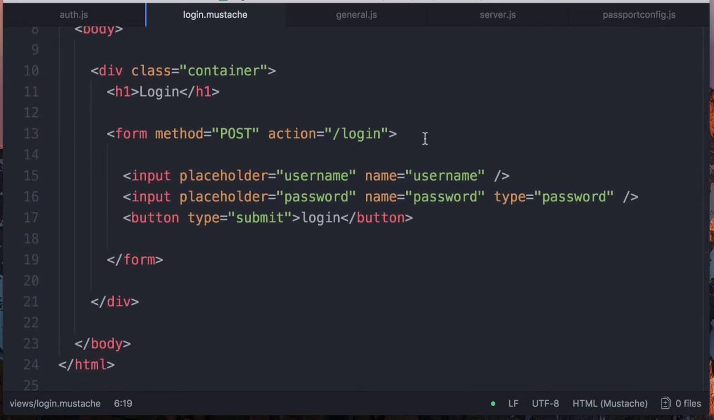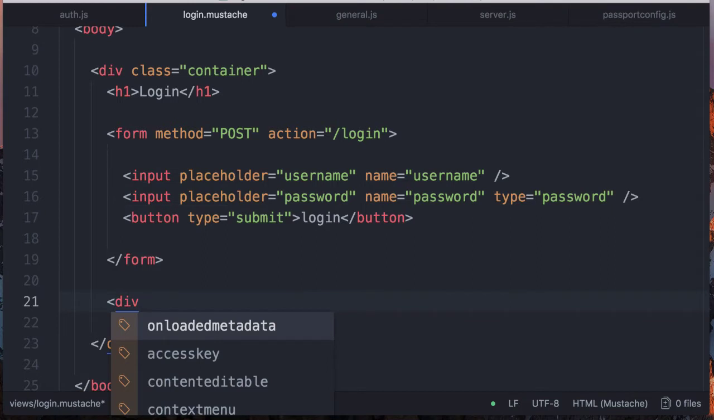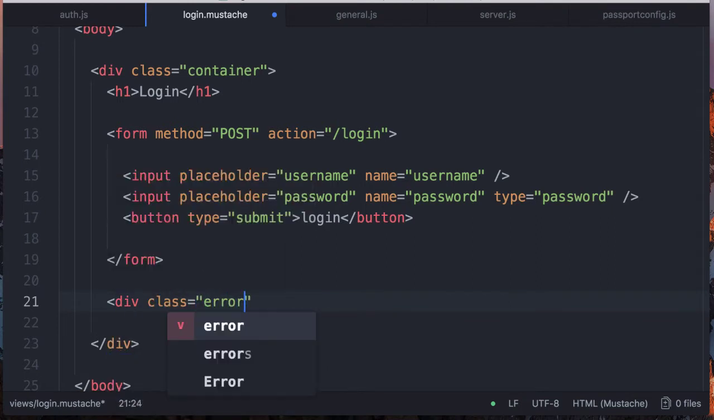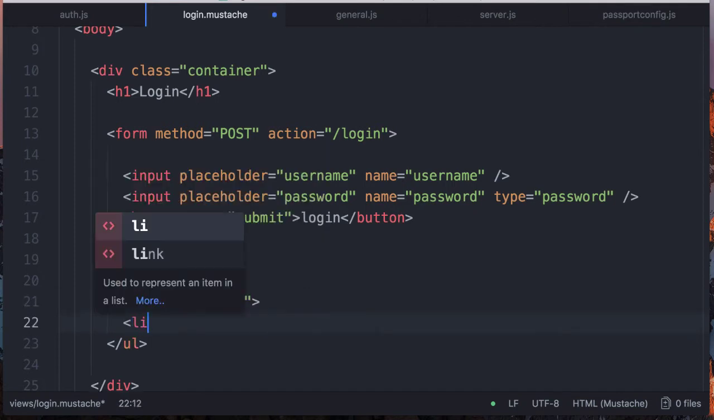All right, so we have it as it was before. We've got the form. Let's put a section below, and I'm going to create a new div, give it a class of errors. No, not a div. I'm going to create an unordered list. So if and when there are multiple errors, we'll actually show multiple things. And so I'm going to have that here, and if there's list items,